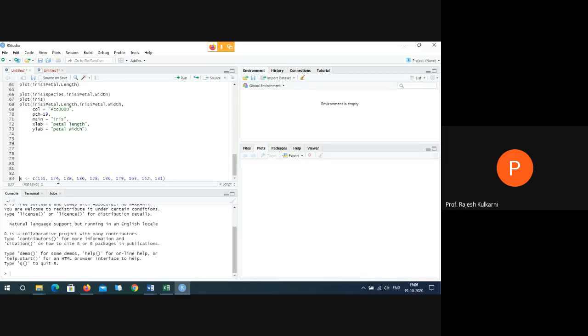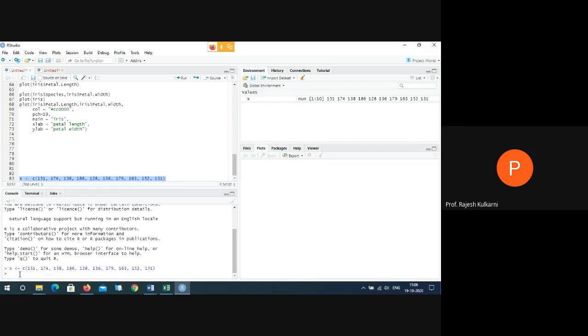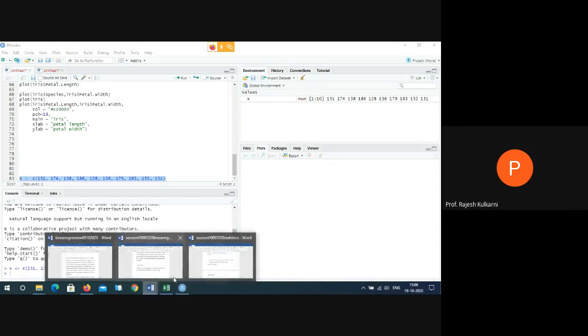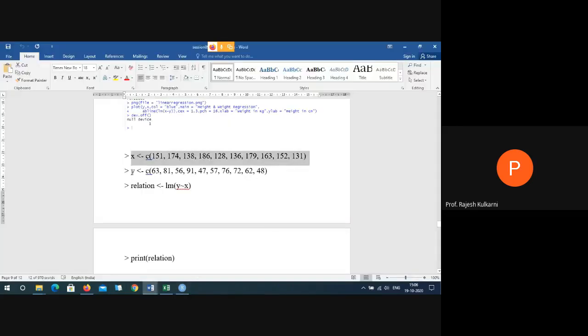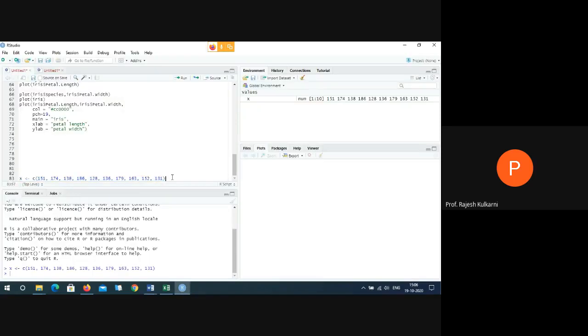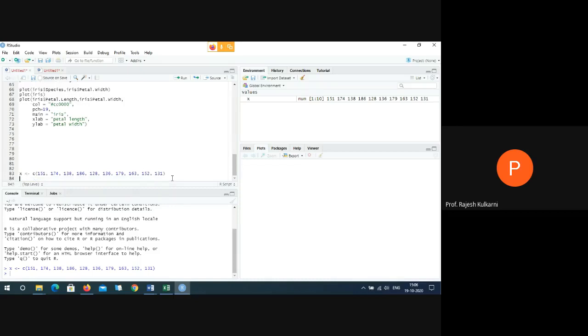I'll just pick everything from here, and at the prompt I'll enter this. So X is assigned the values 151 till 131. Then we'll go for Y. I have this bad habit of entering in the source code window.